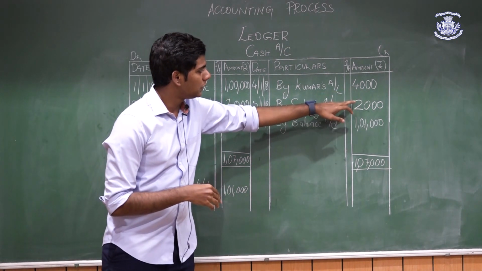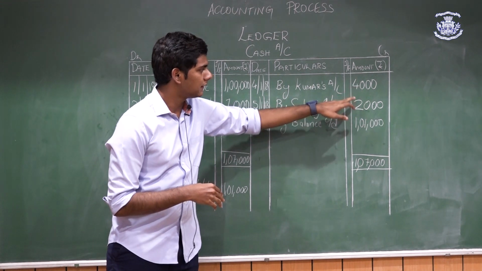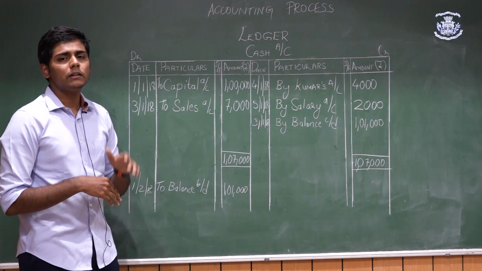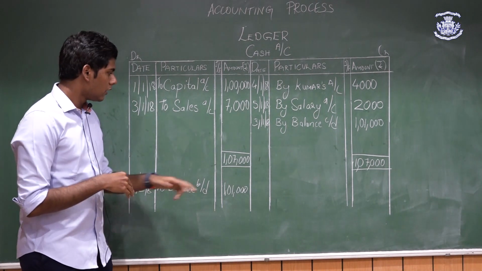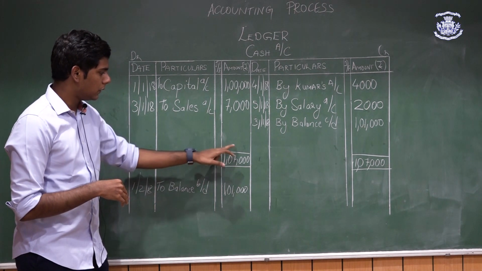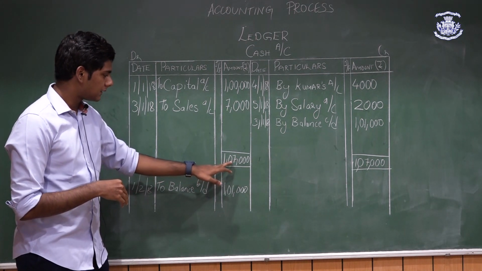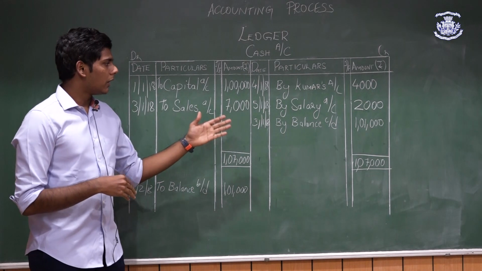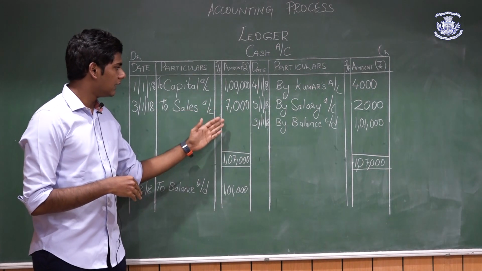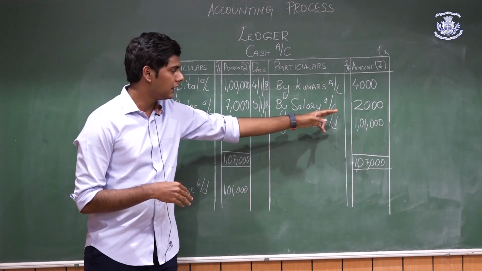But on this side, when we total only the transactions, we will get 6,000. So we will take the greater total to be the total on both the sides. So we will write the total within two lines as 1,07,000 and 1,07,000. So now the difference between the total of the greater side and the total of the lesser side will be